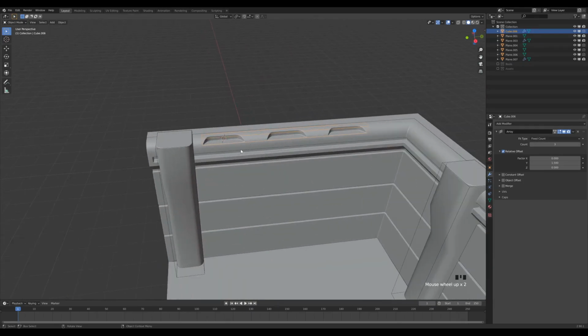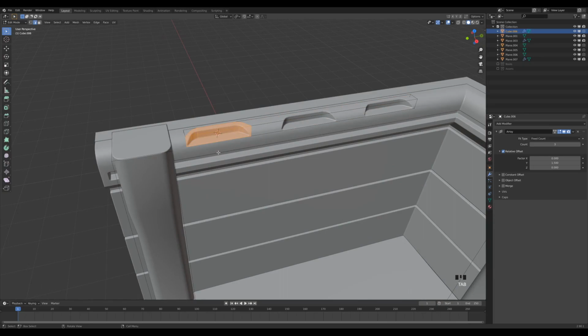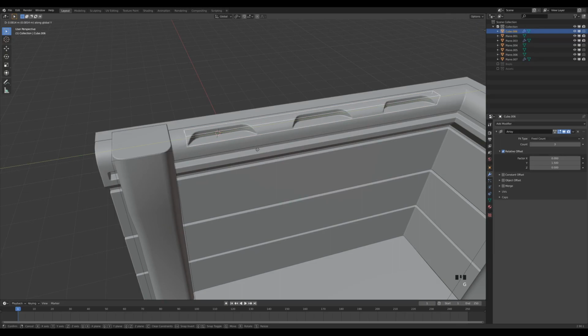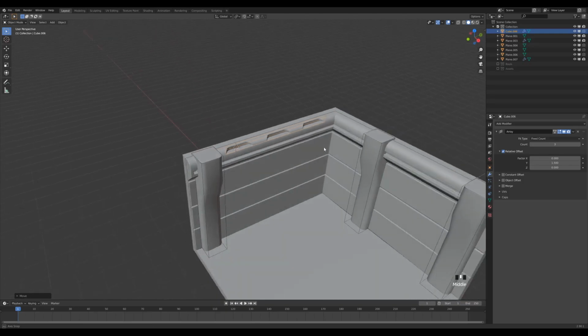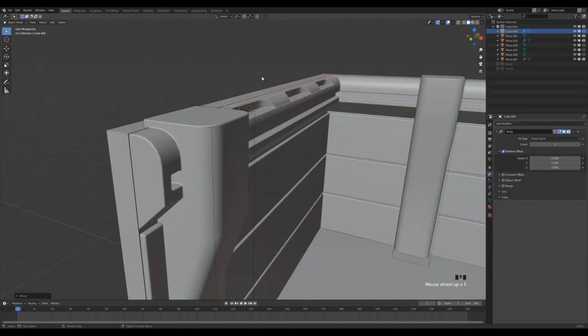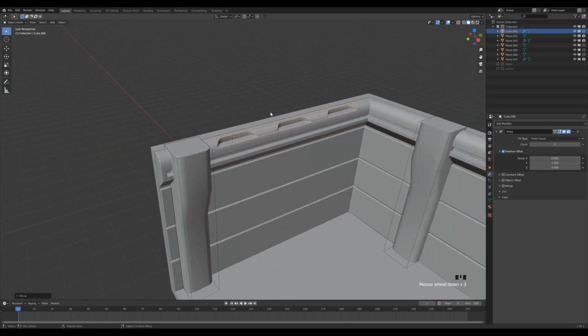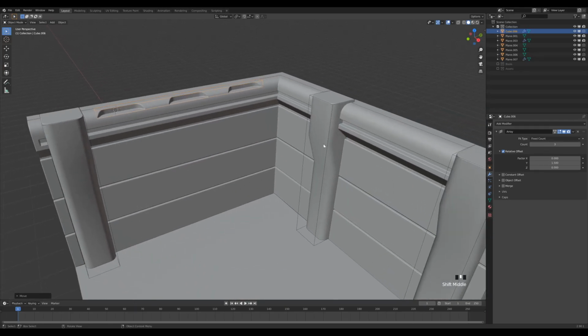nice consistent detail. And now if we go into the edit mode and maybe scale this on the Y axis, you can see how we can fill up the rest of the place and nicely and interactively create details like this just by using 2 modifiers. So I think this looks quite alright now, and I want to do this on the other side as well,